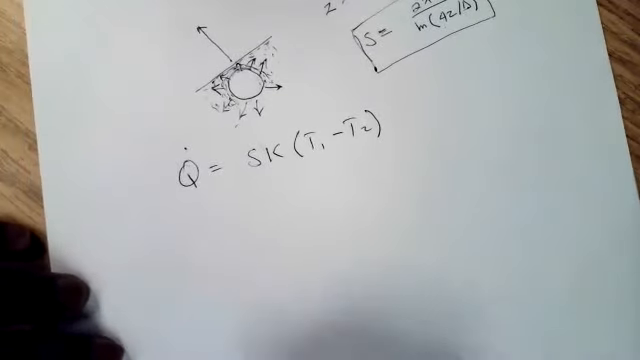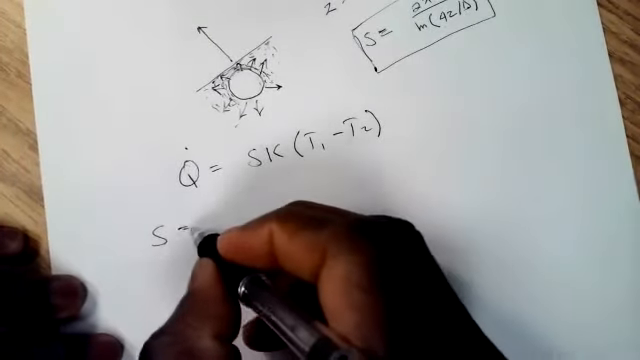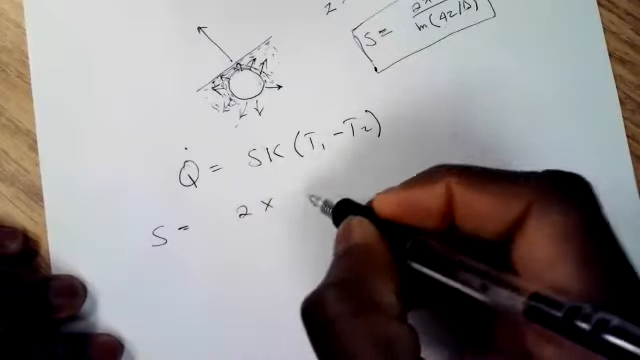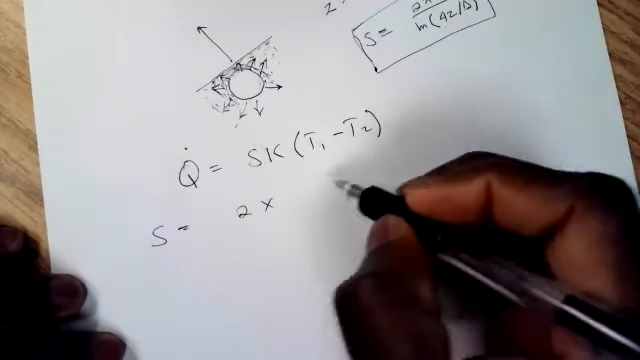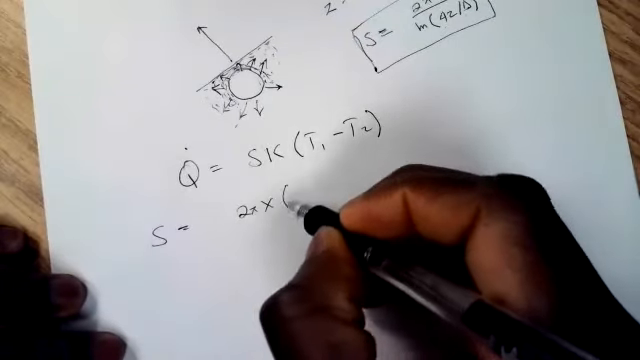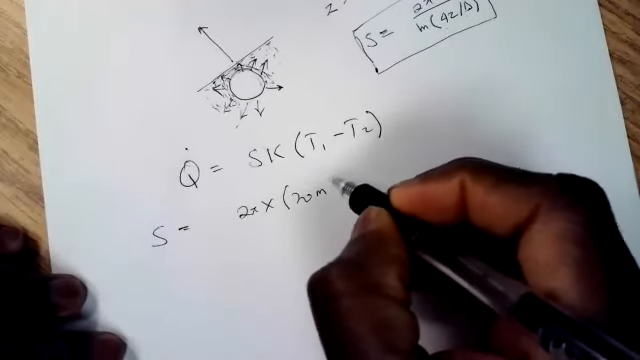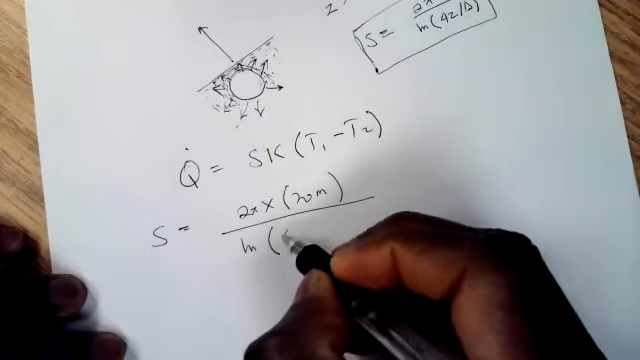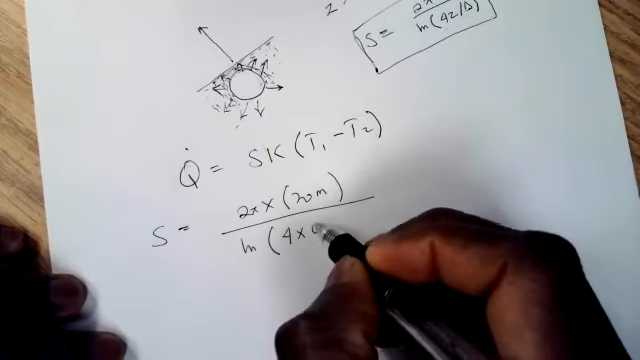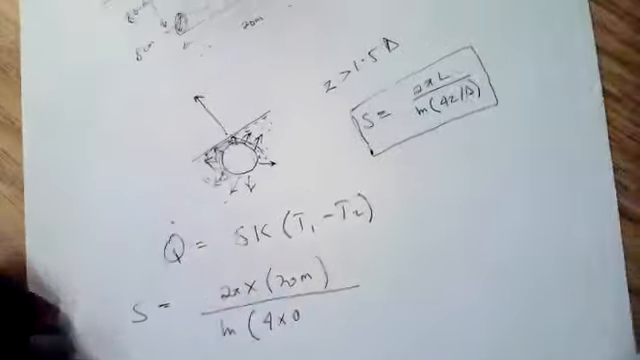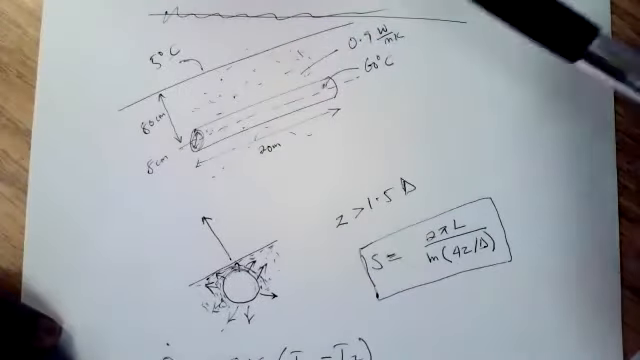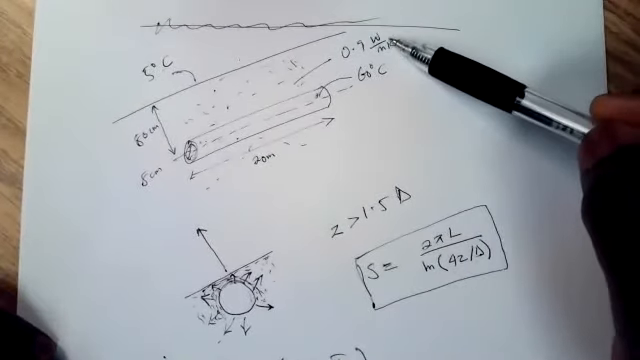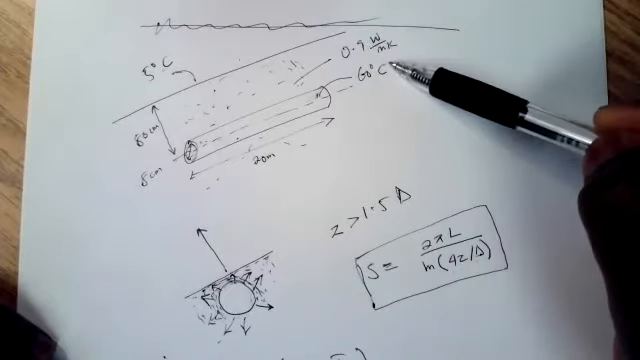Okay, so S is now equal to 2 multiplied by 2 pi into 20 meters, natural log of 4 multiplied by 0. Once again, be careful not to mix your units up. We have 0.9 is given to